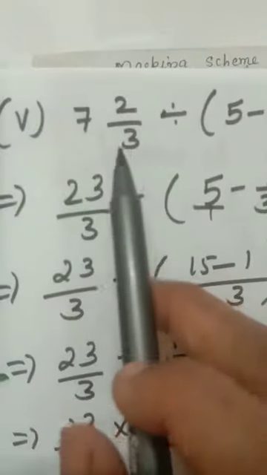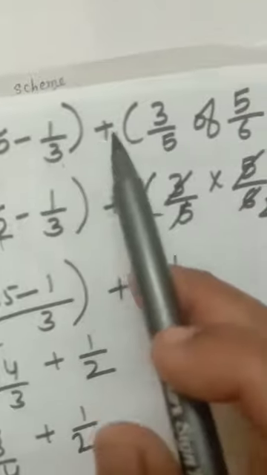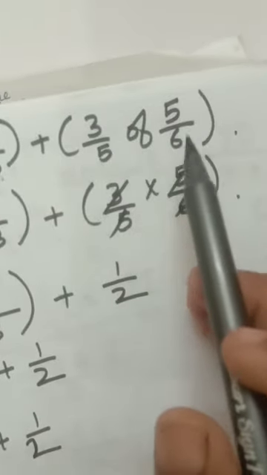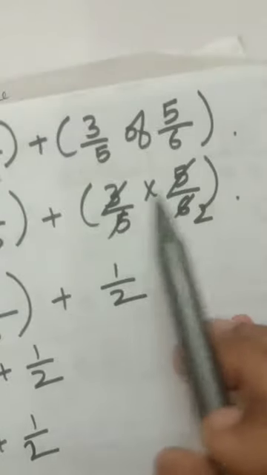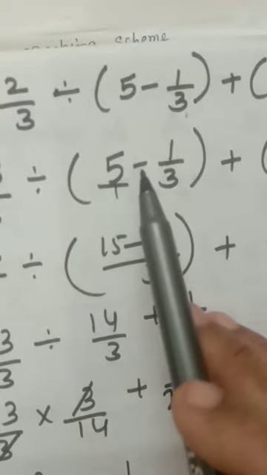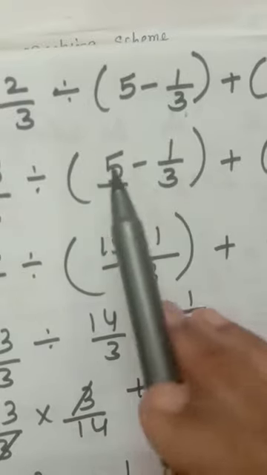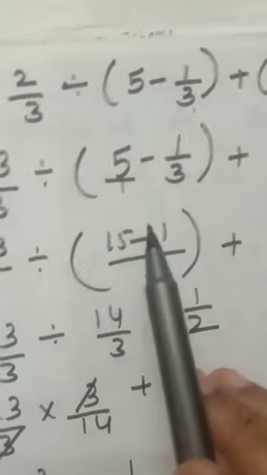Next one, 7 and 2 by 3 divided by 5 minus 1 by 3 plus 3 by 5 of 5 by 6. Of meaning multiplication. Multiplication you can, parenthesis you can solve first. Okay, 1 by 2. Here also subtraction, so make the denominator equal, cross multiplication. Okay,